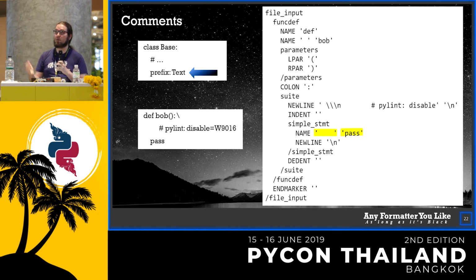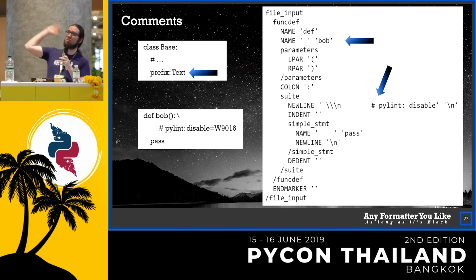So where do you want the comment to end up, right? The comment refers to the function. So it should be somewhere over here, right? Close to the function definition. No, actually it's down there. It's completely unrelated, just happens to be there. And when you're Black and you're trying to be simple about this, it's kind of hard to correlate that comment, separate it out from all the indentation and the backslash ends and whatever else is going on in there, and attach it to the function signature. So that's number 1 problem with comments.